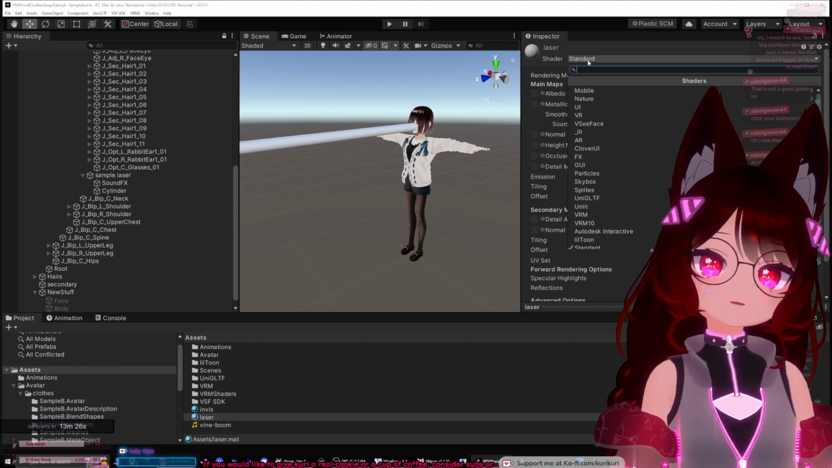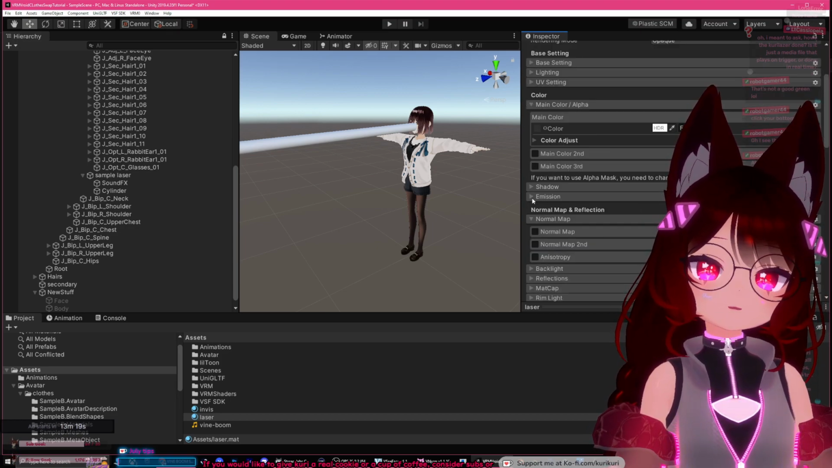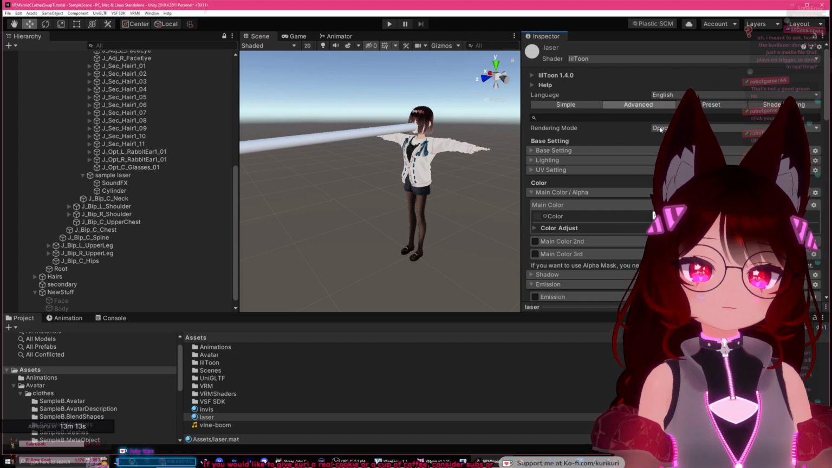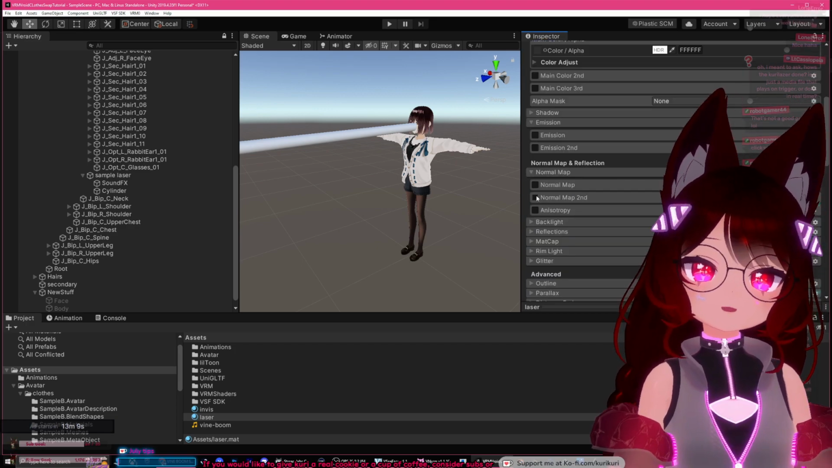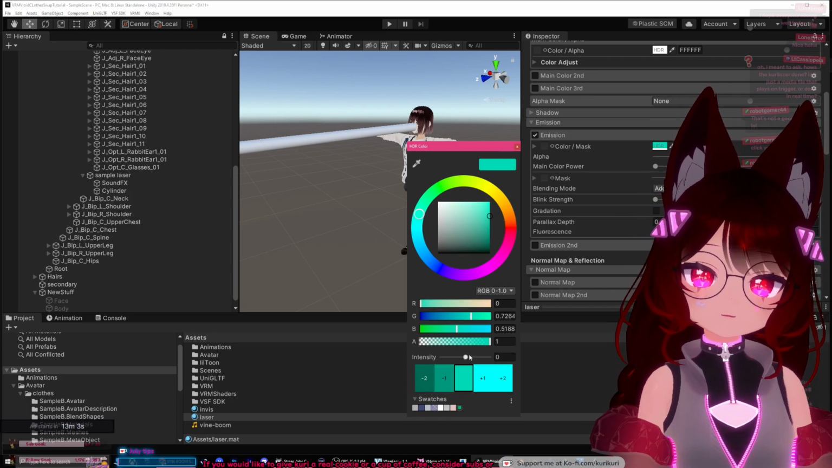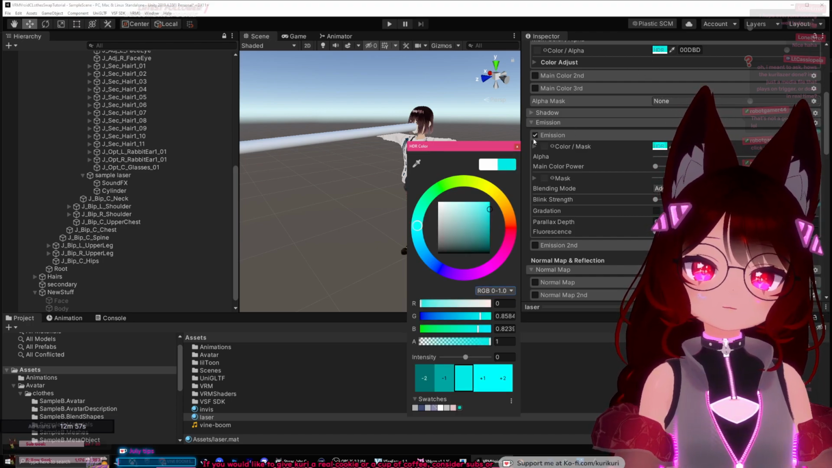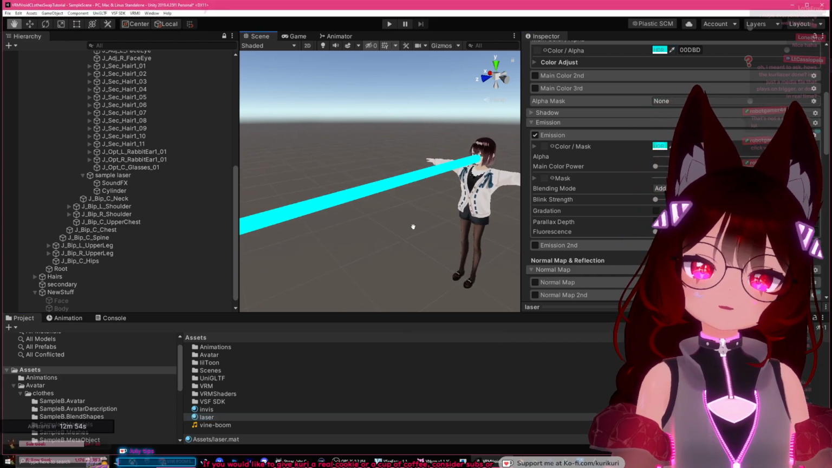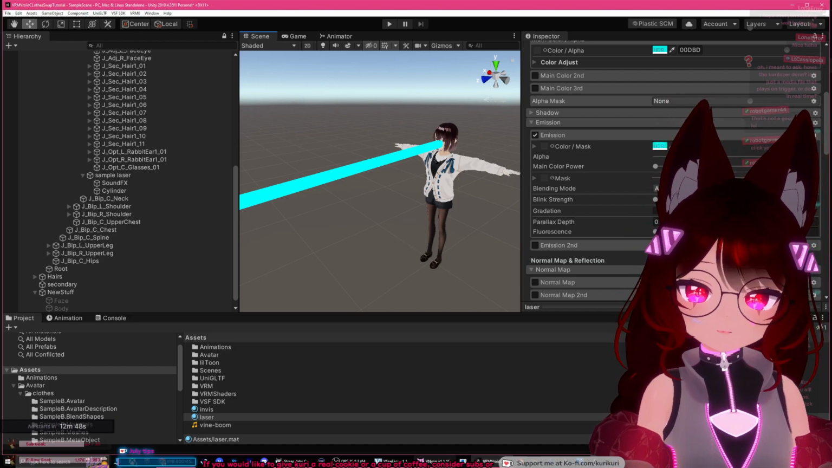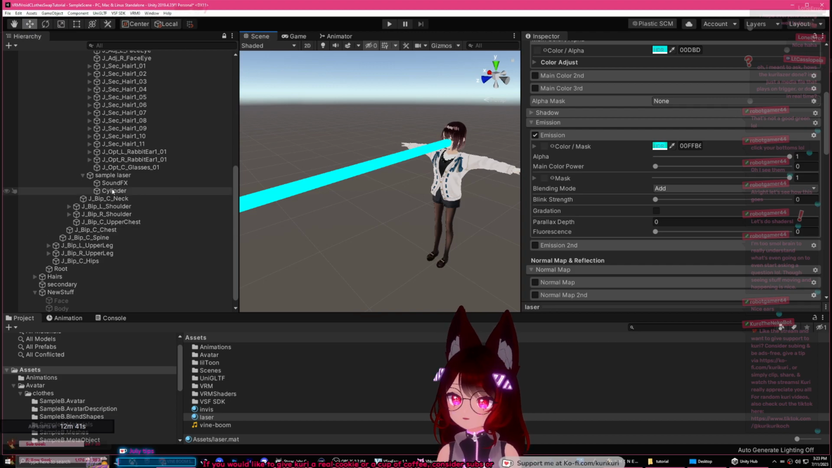Laser. We're going to put light tune on it, because why not? We'll do transparent. And then we're gonna do emissions. There we go. Hi, Ever. Everything is going great. I should make myself smaller. There we go. Alright, so